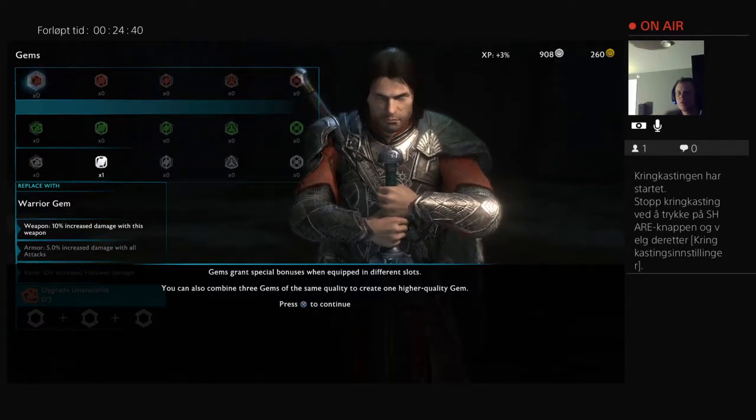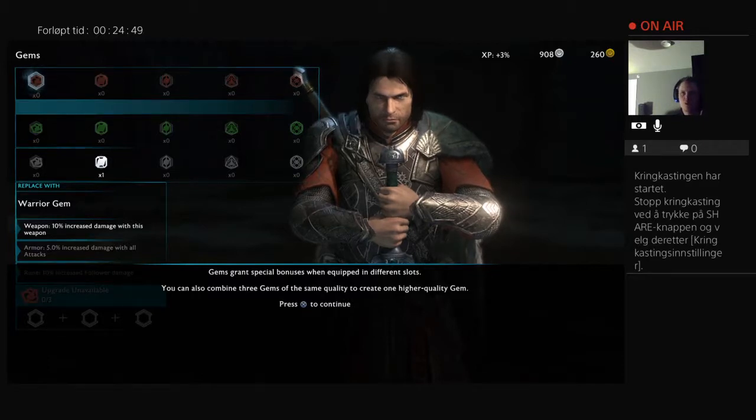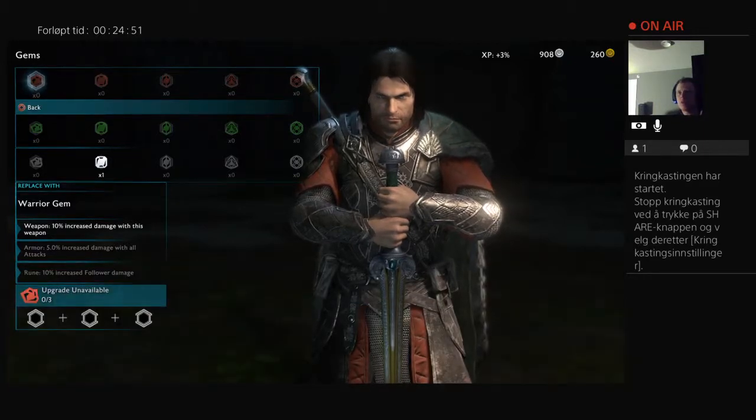So gems grant special bonuses when equipped in different slots. You can also combine 3 gems of the same quality to create one higher quality gem, so you can upgrade the gem to do more damage. That's the Warrior Gem. You see weapon